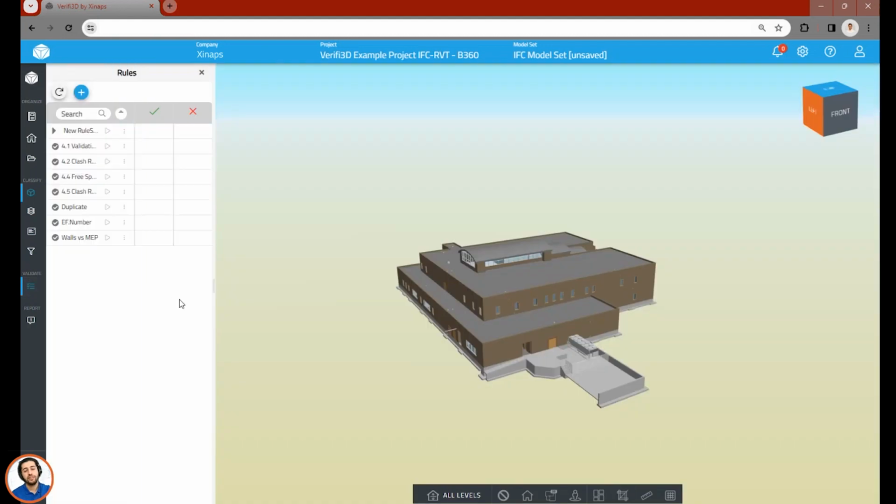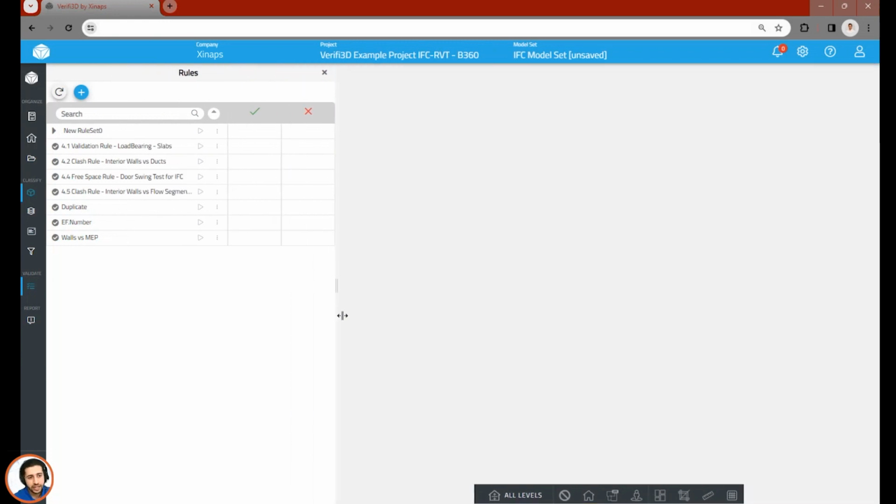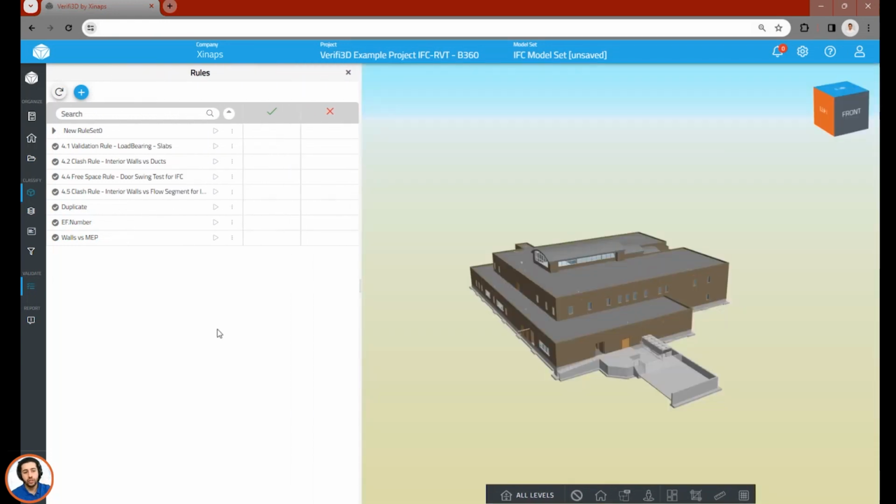After I classified my elements and created my filters, I can actually validate the elements, and I can validate them in different checks. I'm not going to go through every single check we have. However, I'm just going to focus on the free space check. This is a very good one, especially for MEP